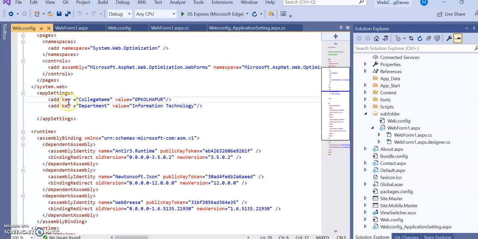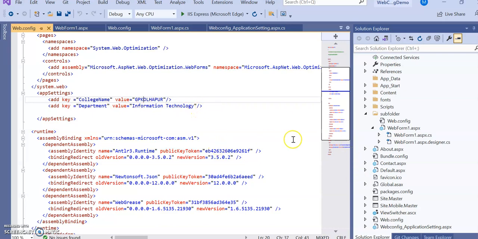So write add key collegeName and value equal to GP Kolhapur. So when you are trying to retrieve the GP Kolhapur value, you just have to call this name, and your value will be retrieved at the application level. Another key is add key department, value Information Technology, so that will be retrieved.